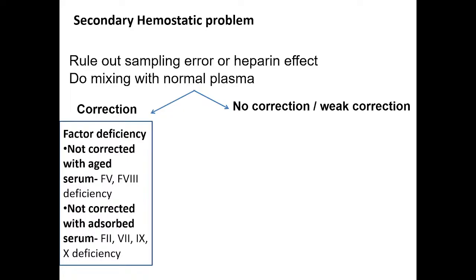अब एड्जॉर्ब सीरम क्या होता है? एड्जॉर्ब सीरम में सीरम को जो बेरियम हाइड्रोक्साइड कॉलम है उसके थ्रू पास आउट करते हैं। तो बेरियम हाइड्रोक्साइड एक्चुअली विल एड्जॉर्ब द विटामिन के डिपेंडेंट फैक्टर्स। सो व्हाट आर द विटामिन के डिपेंडेंट फैक्टर्स? एनीबॉडी? बोलो खड़े होके। ओके, लिखा है ना 2, 7, 9, 10। कैसे याद रखना है? 2 + 7 = 9 और 10। ओके, 2 + 7 = 9 और 10। सो ये उसमें कम हो जाते हैं।